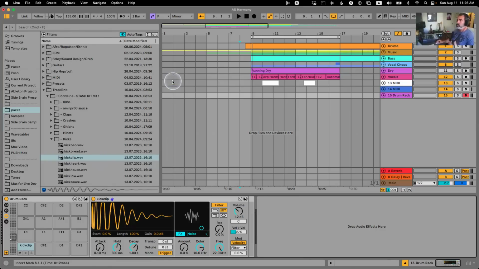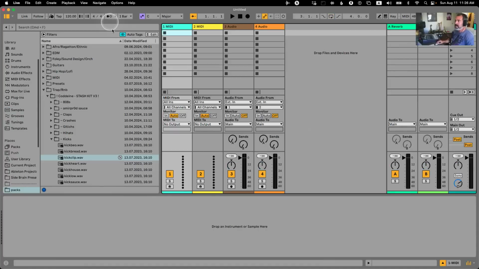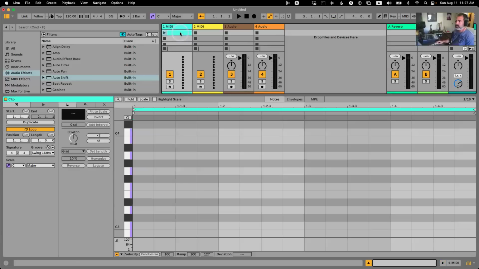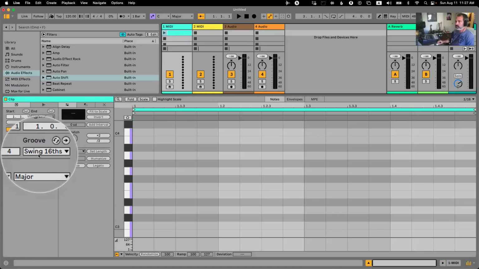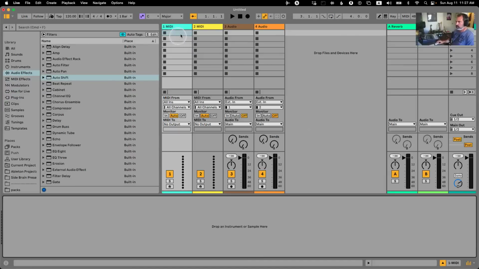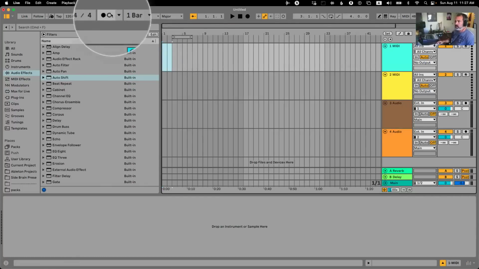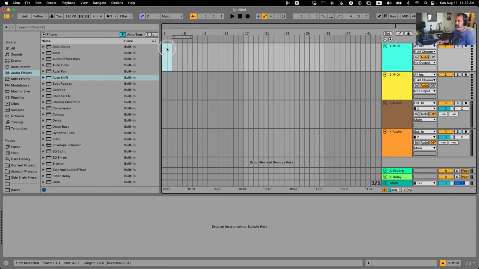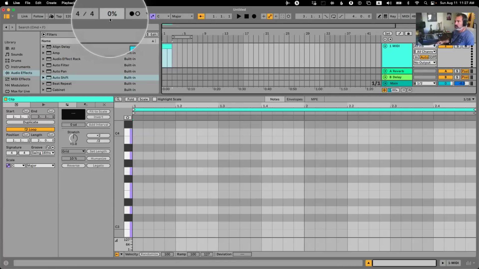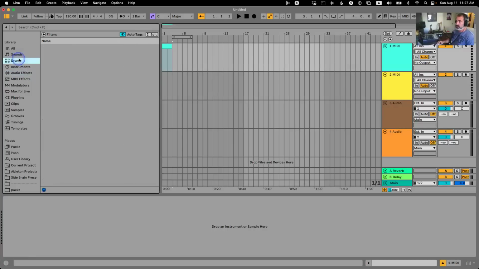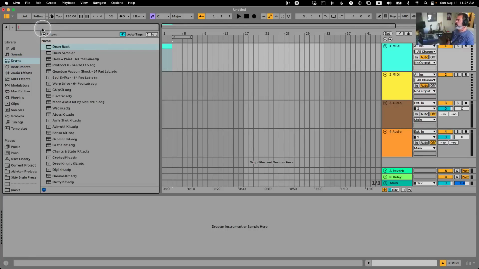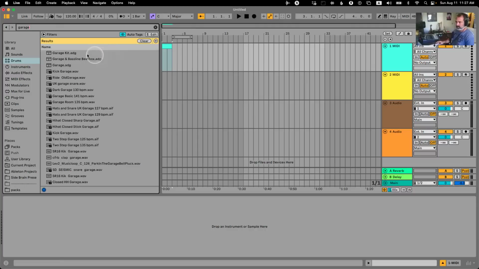Default groove. So now when you load a new project, let me load a new project here. We already have a groove loaded up as a default groove. So if I create a clip, I can see right here it's already loaded. Right now I don't have any clips in my project. Let's create one. As soon as I create a clip, look in this area, you're going to see all of a sudden a new control, which is the global groove amount, which is by default on 0. So if I load, let's say a drum rack here, you guys know this built-in kit, it's really nice,